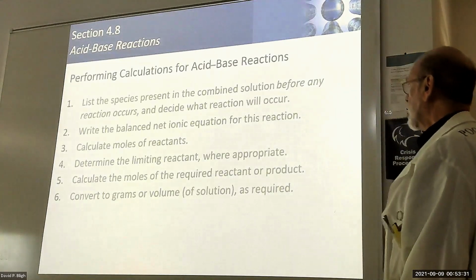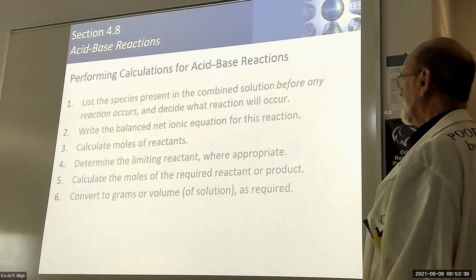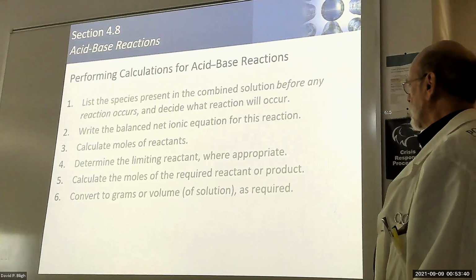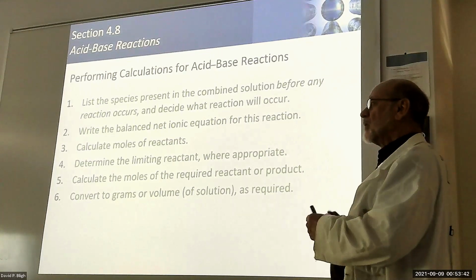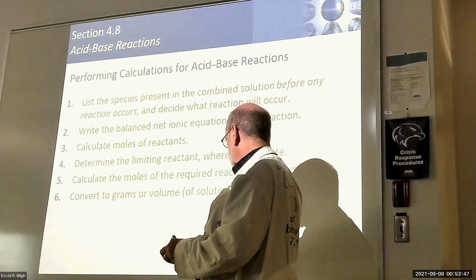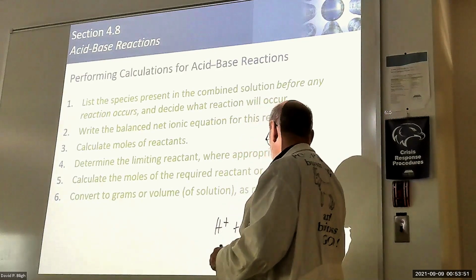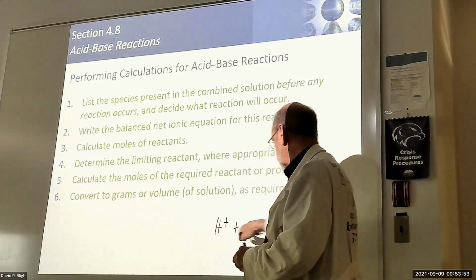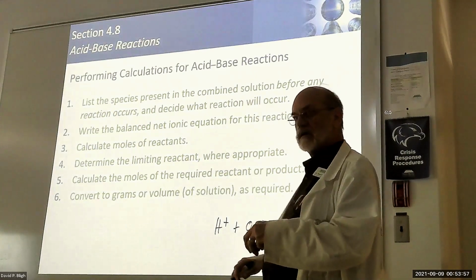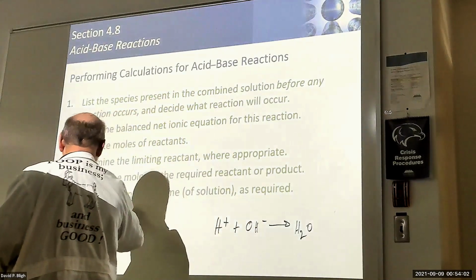Okay. Let's see. Acid-base reaction. Really, for an acid-base reaction, you can approach it two different ways. You can use the net ionic equation, in which case you've got to determine how much of each one of these there are. Or you can use the molecular equation, or the formula equation. So let's say we're